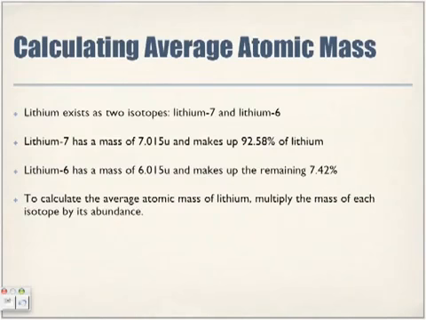So, calculating average atomic mass. Lithium exists as two isotopes, lithium-7 and lithium-6. Lithium-7 has a mass of 7.015 U and makes up 92.58% of lithium. Lithium-6 has a mass of 6.015 U and makes up the remaining 7.42%. But according to our periodic table, what is the mass